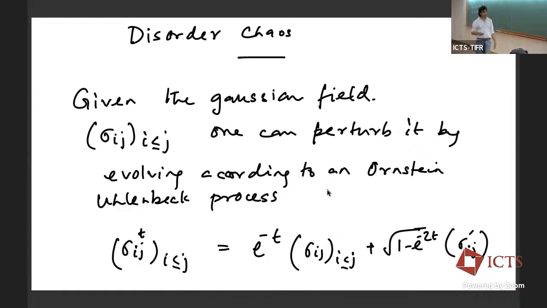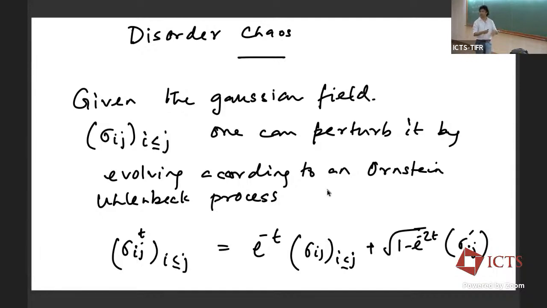Okay, so this is independent of this, which means that the correlation of the time t process with the time 0 process is simply e to the power minus t. So it's a way to evolve the Gaussians in a stationary way so that the correlation decays exponentially in time. For discrete models, there are other natural notions of perturbation, but the result that I will